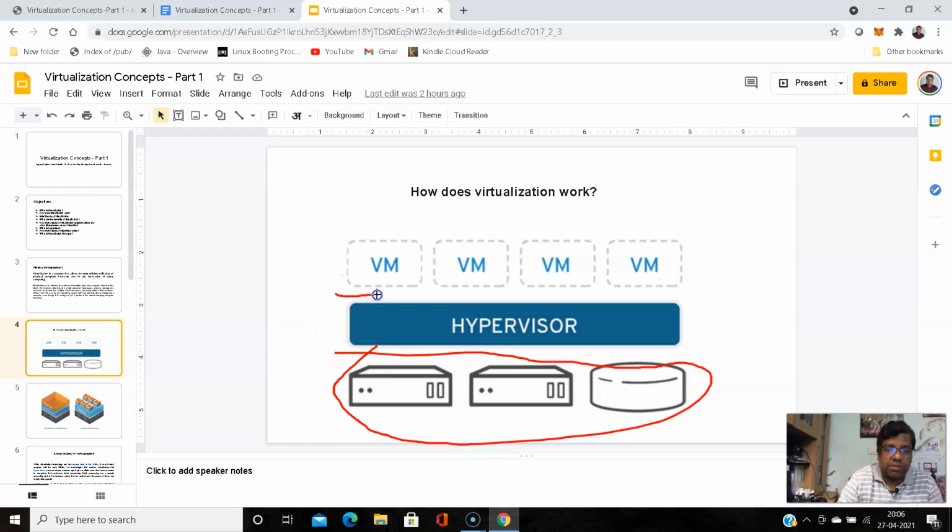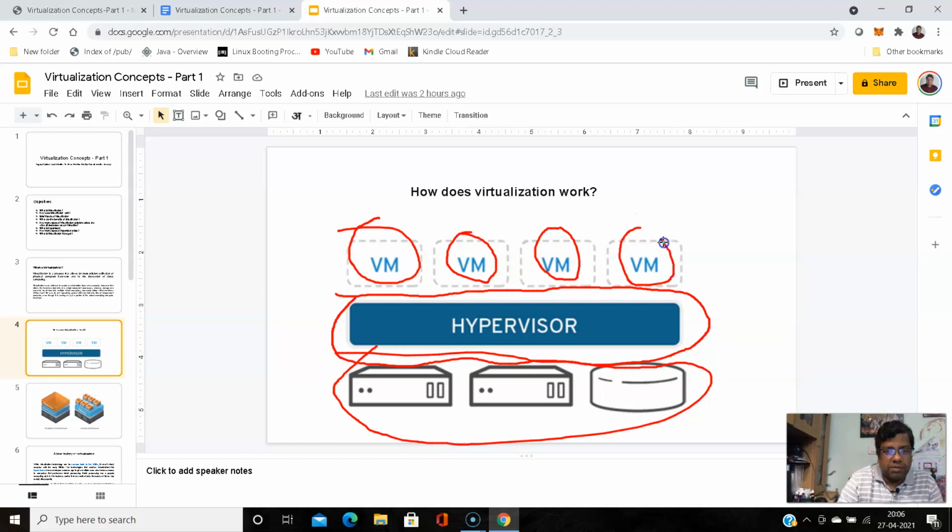This is called the hypervisor. It provides the virtualization capability to the operating system, and then these are the virtual machines. So, running over the hypervisor in the same physical box, we are running 4 virtual machines.